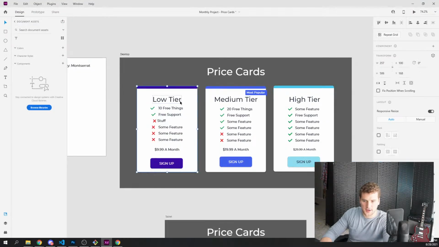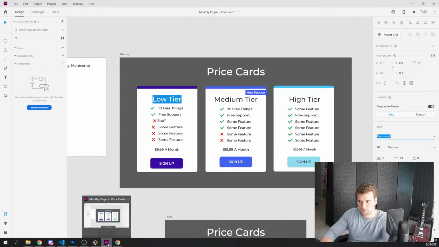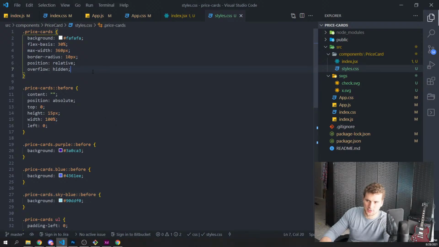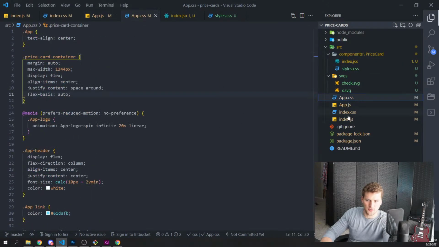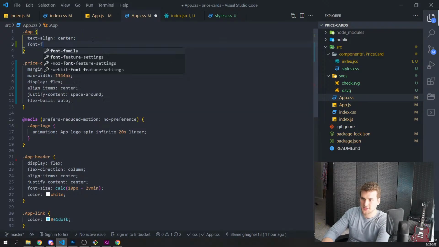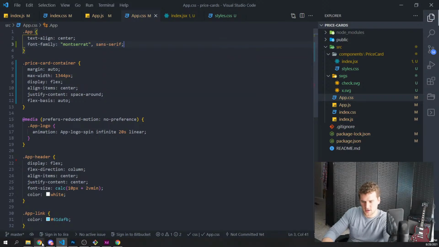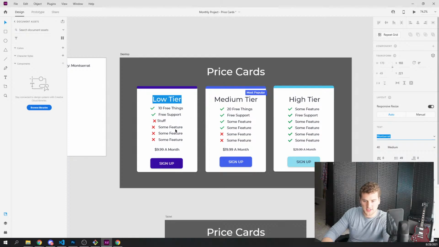So let's get the font we need. What font is this? Montserrat. I think I've got that installed locally, so I don't know if I'm going to import that, because it'll show up correctly. So here we'll do font-family, how do I spell it? Is that right? And then sans-serif will be our fallback font. Now if we go back to this, sweet, everything looks way better because we have our cool font.